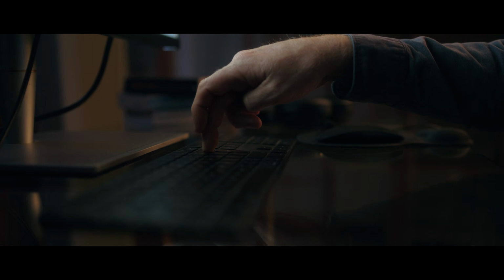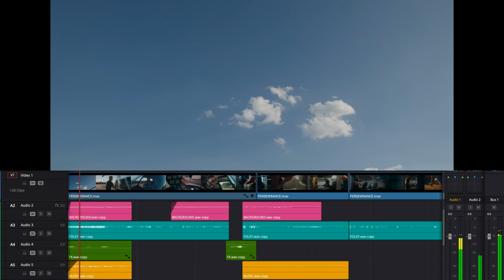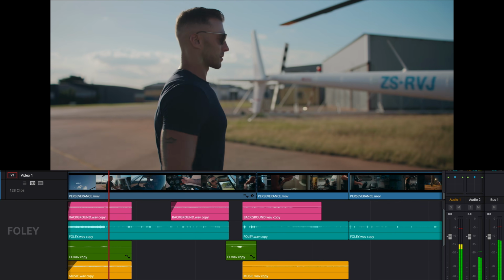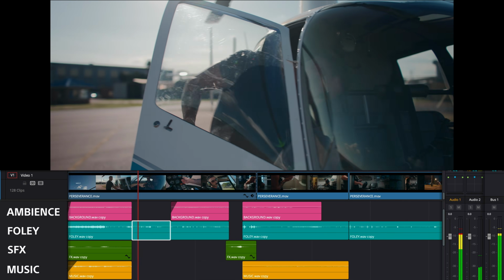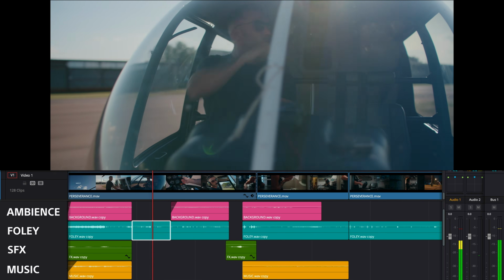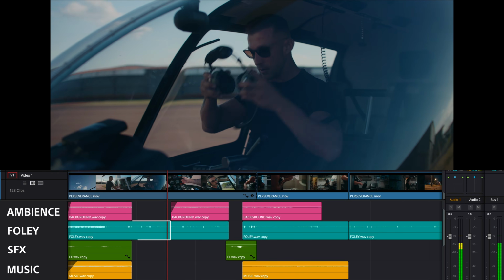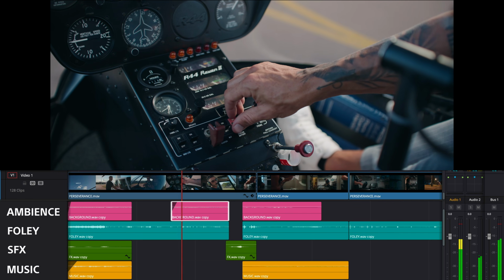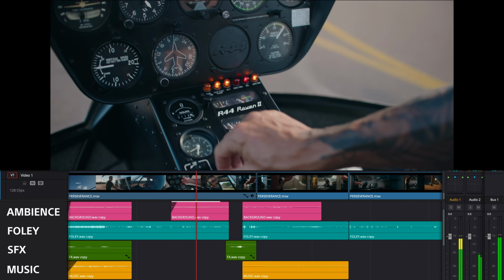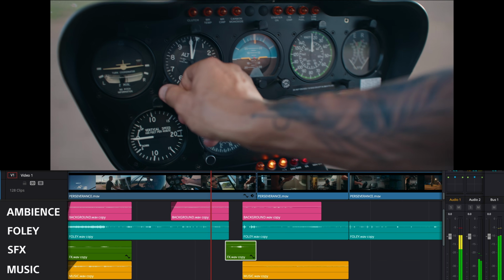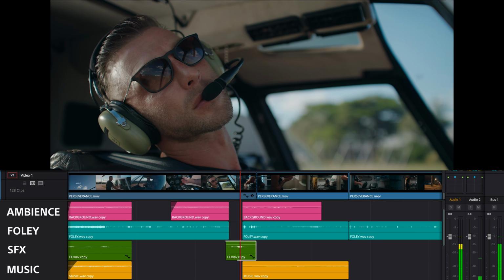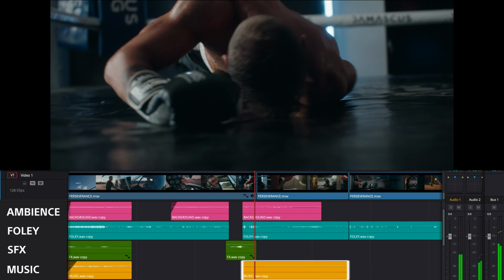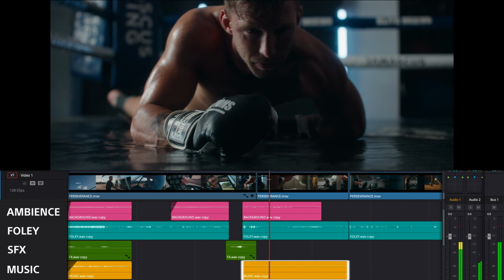The best way to bring a scene to life is to layer a variety of sounds on top of each other. The four main characters here are Foley, Ambience, SFX and Music. Foley is your real sounds, the sound your mind expects to hear coming from interactions in your scene. Ambience is the sound you would expect from the environment or the background. Special effects are those sounds that are not natural but amplify emotion or impact, like risers and your whooshes and swooshes. Add the right music and your edit comes to life.